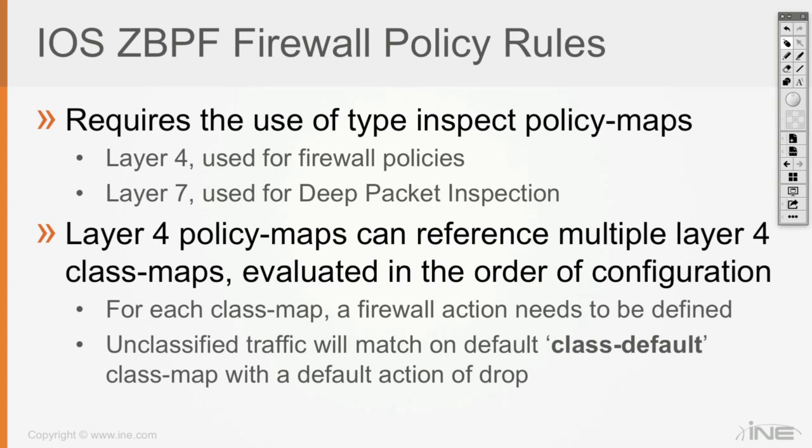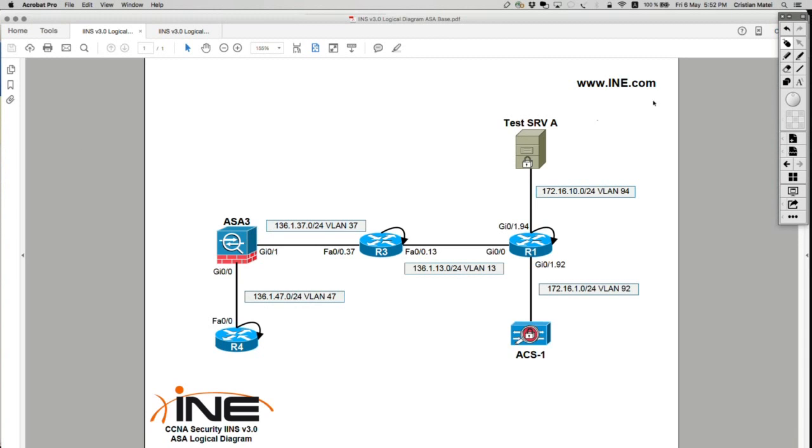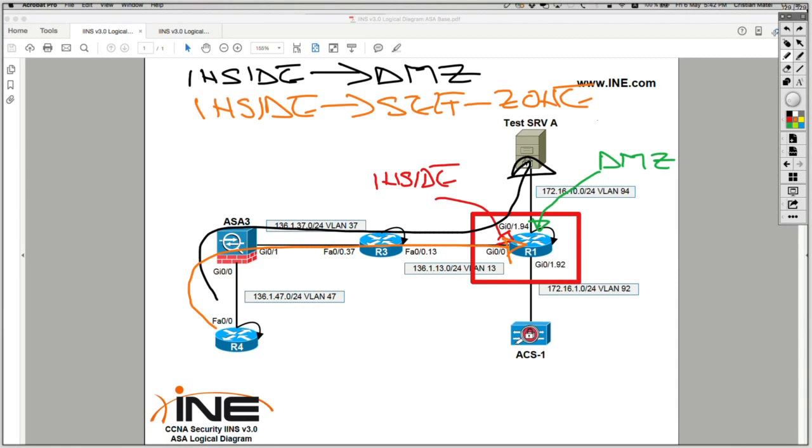Now, if the traffic doesn't match on any of the configured class maps within the policy map, it's going to match on the default class map, which is called class default, and that has a default action of drop. And this makes a lot of sense because clearly, for example, if you look at our diagram in here, taking this example with those zones in there, inside and DMZ,